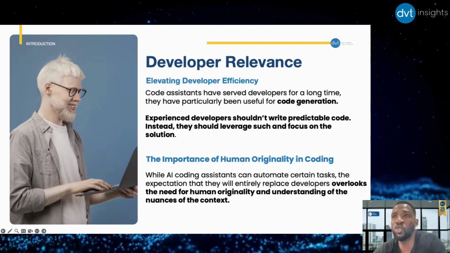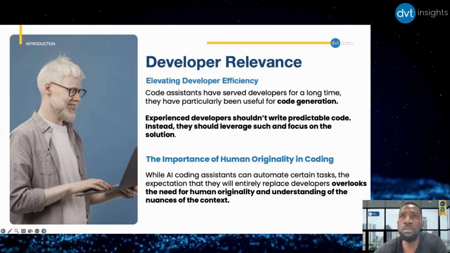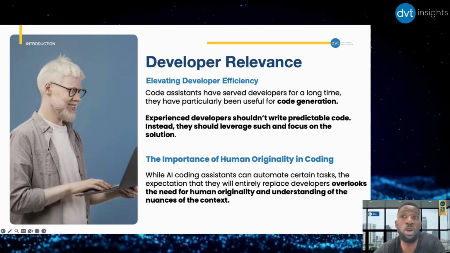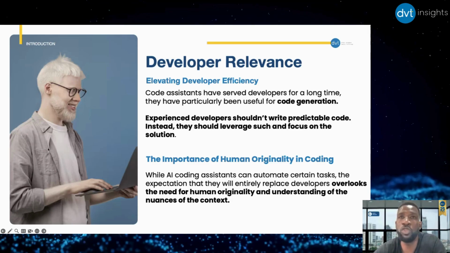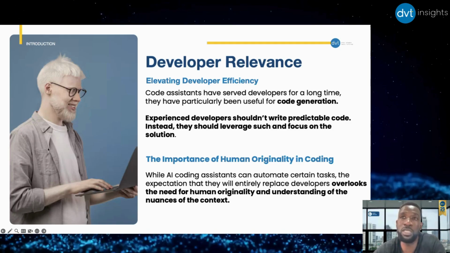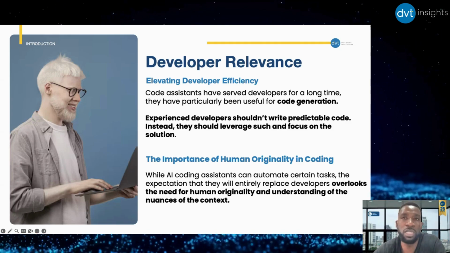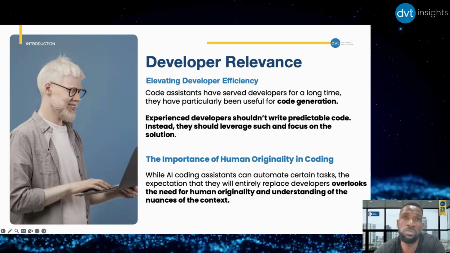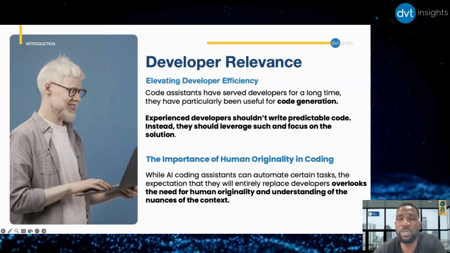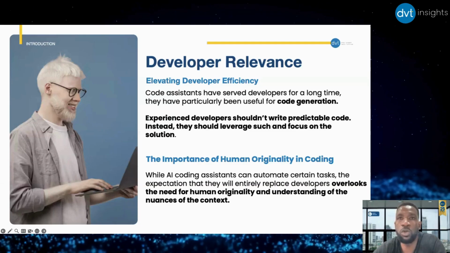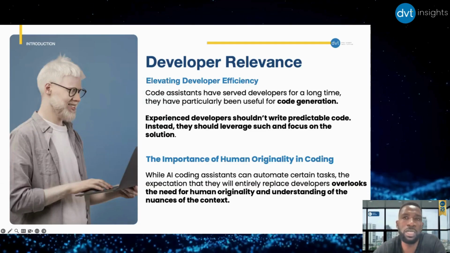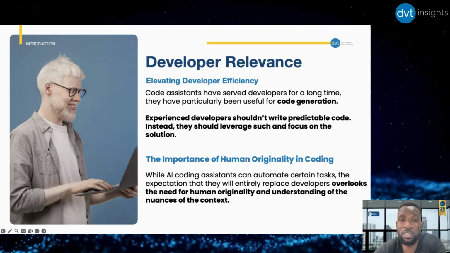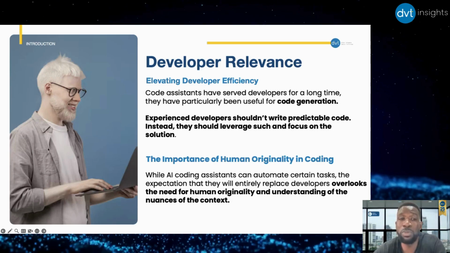So the developer relevance is to be preserved. And just to give some context, coding assistant tools have been with us for a long time now. Maybe those who are coding in this era of AI would believe that we haven't used them. We've used coding assistants to generate models for service calls, for API calls. I've used tools myself that generate boilerplate code for VIPER architecture, for clean architecture. All those tools have served us well. And an experienced developer should not be spending time writing predictable code.